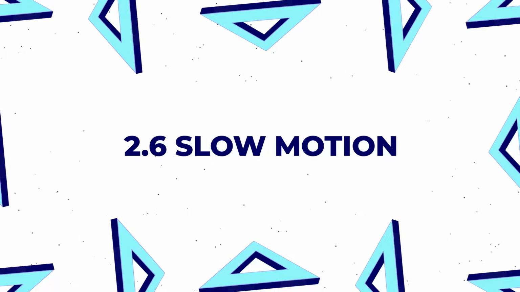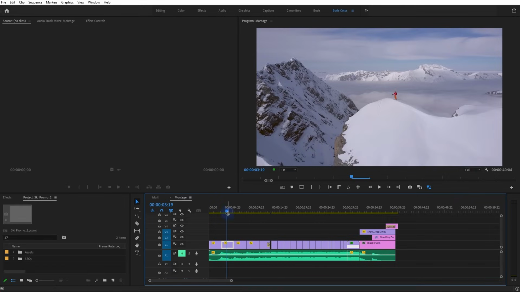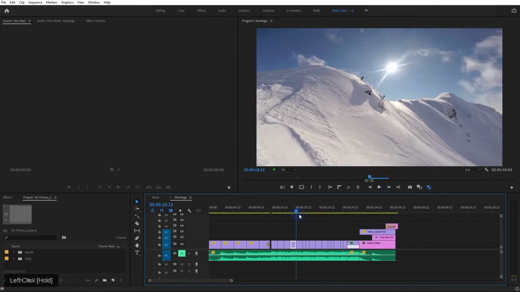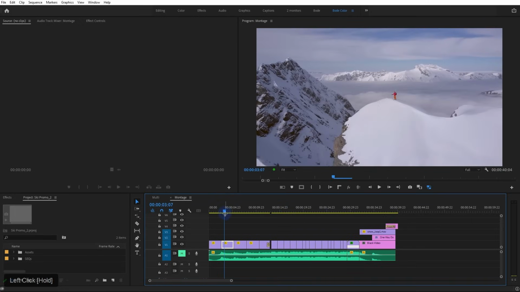In this lesson, you are going to learn about slow motion. In the previous few lessons, you will have seen more of this ski action footage here, and you will have noticed that some of it is playing back in slow motion, some of it's playing back at normal speed, and in this lesson, I'm going to show you why that is,